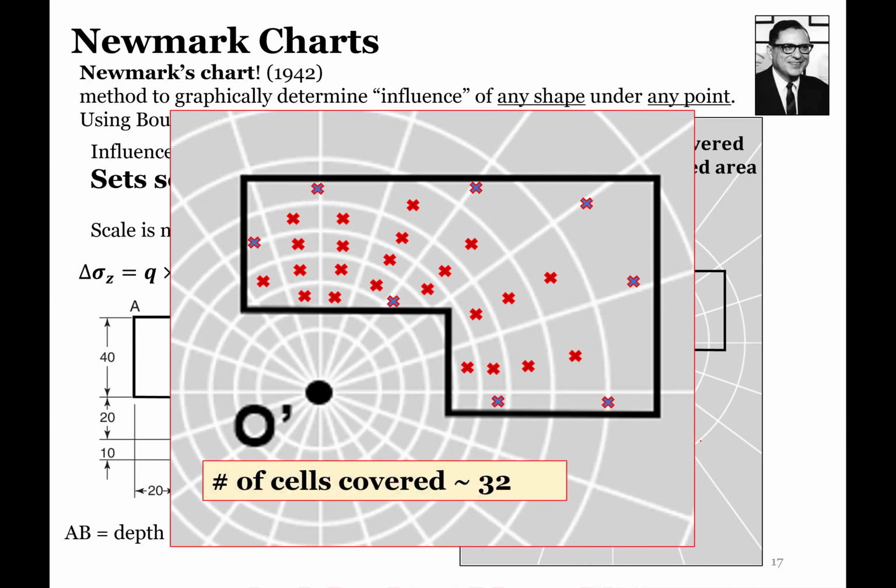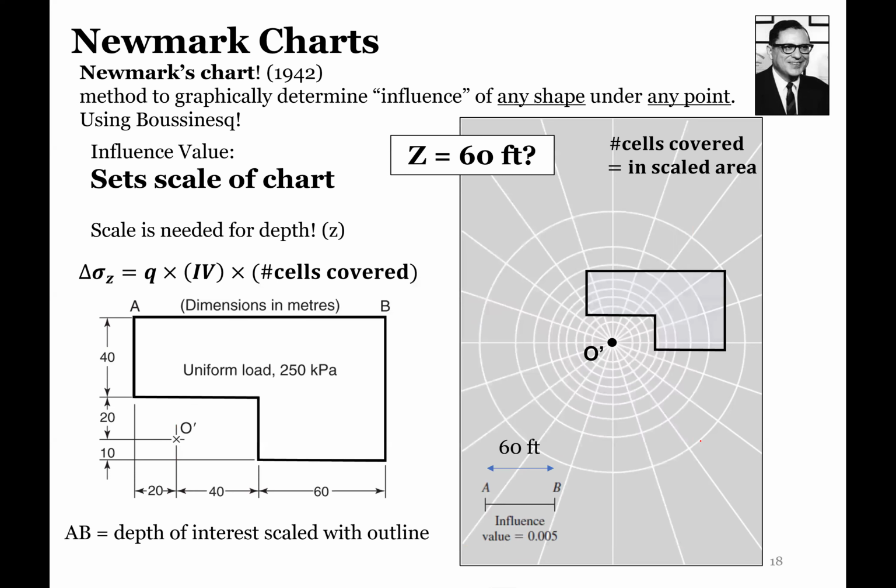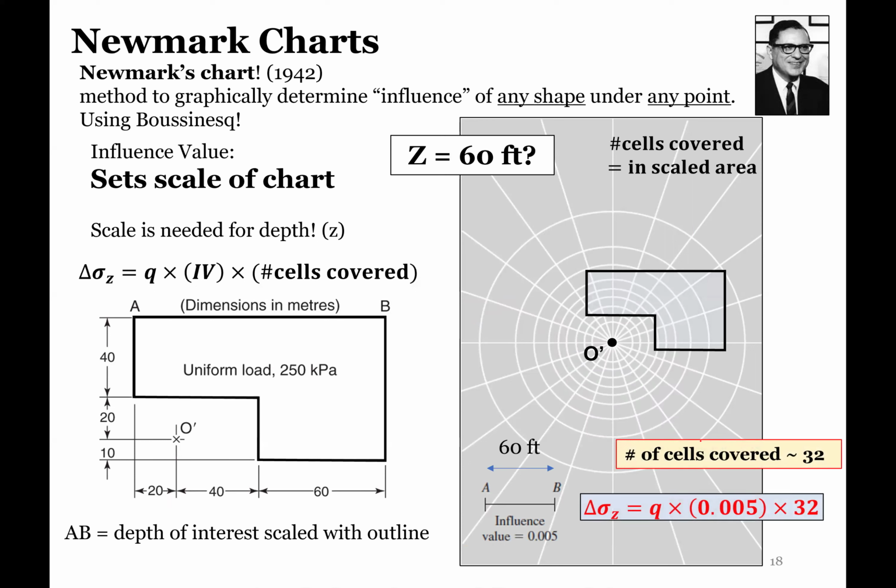So 32. So the whole thing is, we are approximating, and since you have these geometric shapes overlapping these other kind of scaled rectangular shapes, it's not going to be exact. So out of the total number of cells covered, you usually round up and be conservative. This total number of cells covered we'll say is 32,